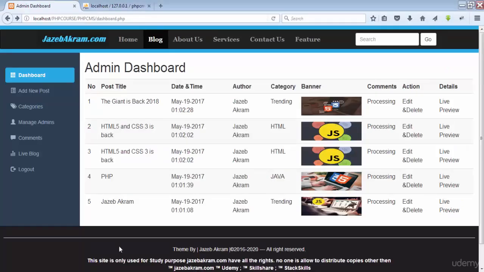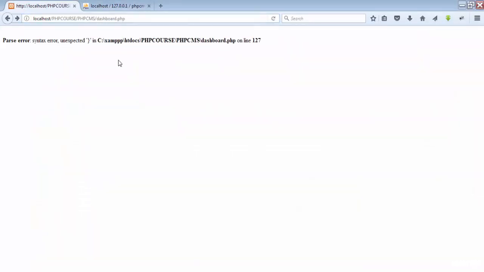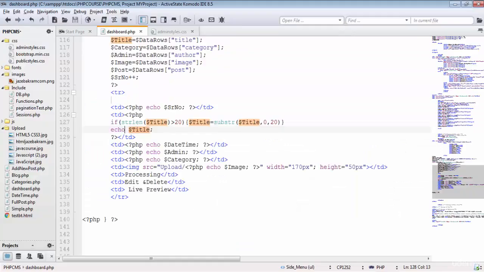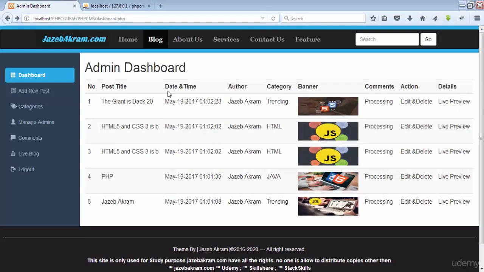Saving this one, refreshing the page, we got an error on line 127. What's the error right here? We need to add the semicolon. Refreshing the page now, you can see we got the title back, and we are only showing 20